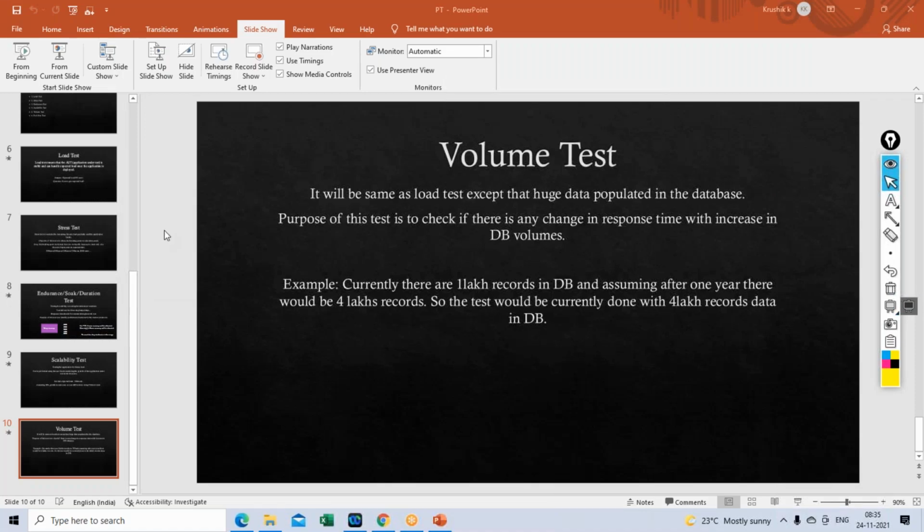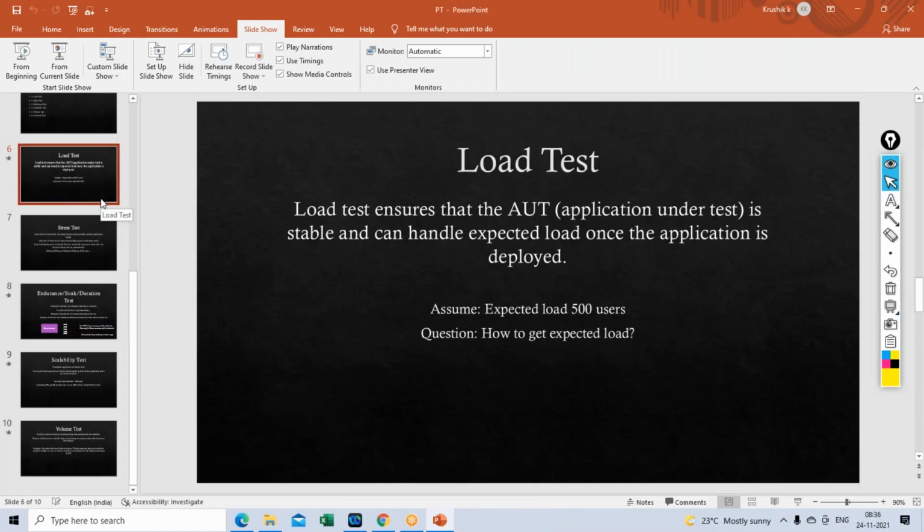Okay, and one more thing, coming to this load test, generally a load test will be done for 1 hour, guys. Any load test will be done for 1 hour. The base of any performance testing project is the load test. So if you are getting any application for performance testing, the first type of test that you would perform is a load test. Without performing a load test, there is no point in going for other types of tests. That is one thing. We will be testing for 1 hour.